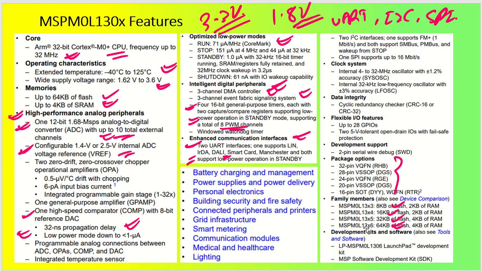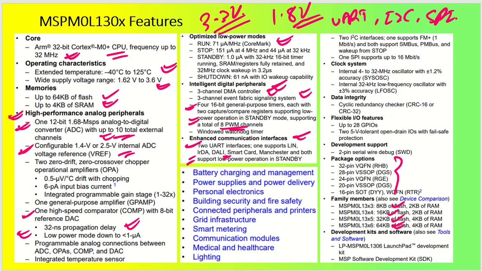So I am going to use the 06, like MSPM0L1306. So X can be changed to 0, 1, 2, 3 based on the different family members, but I'm going to use 1306 which is going to have 64 kilobytes of flash. Okay, and we have development kits and software as well, which is going to be the LaunchPad, the MSPM0L1306 LaunchPad. Okay, so this is the kit that we have with us for development and training purposes.